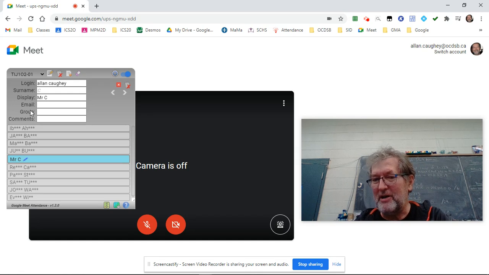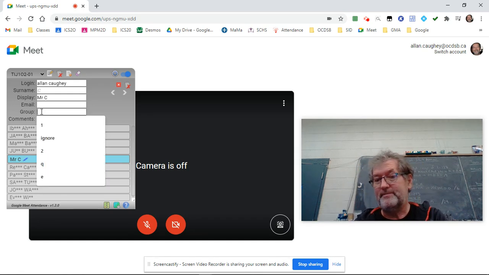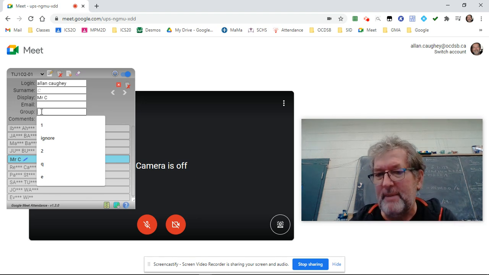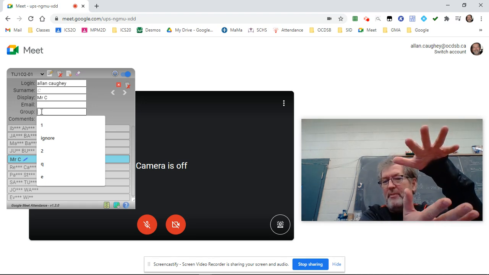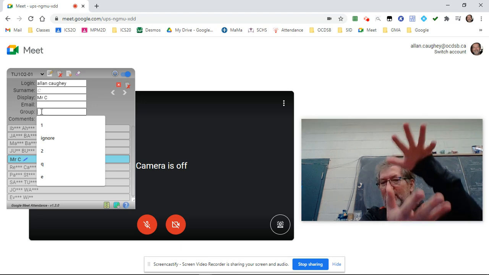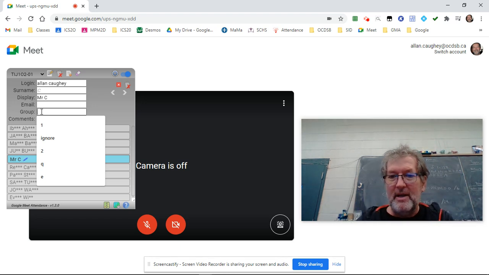Click on an entry once again. There's a field for group. If you have a grade 3 group and a grade 4 group within the same class, you can put all of them into the same group. Now, you don't have to give the group a particular meaningful name. If you want one group to be alphabetically before the other group, then you just give that group a name, shall we say,